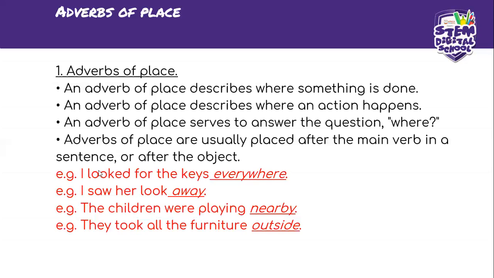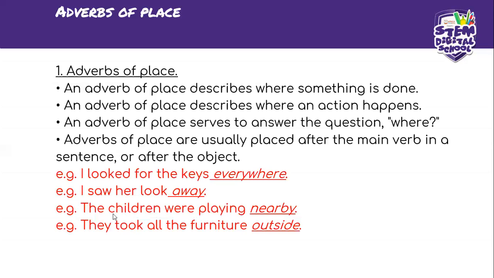Okay. Second example. I saw her look away. So you can say I saw her look, and I will be confused. What do you mean? Then you can answer and say, I saw her look away. So you realize that the word away here is the place, it is the position, it is an adverb of place. Why? Because it tells us where the looking was done. So we know that she was looking away. This away shows us the place at which this person was looking.